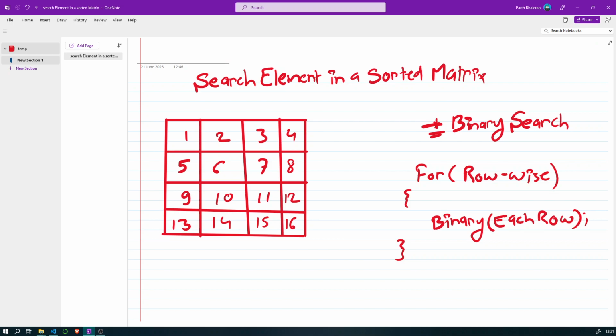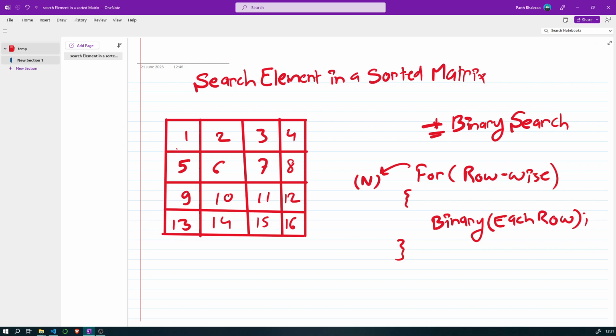The time complexity for this for loop is order of n, but we are not writing a for loop inside this. We are writing the code for binary search, which takes time complexity of log n, as we are searching for our key element in this particular sorted row.